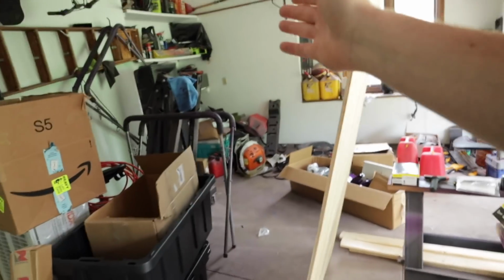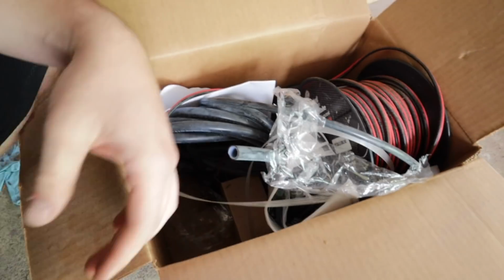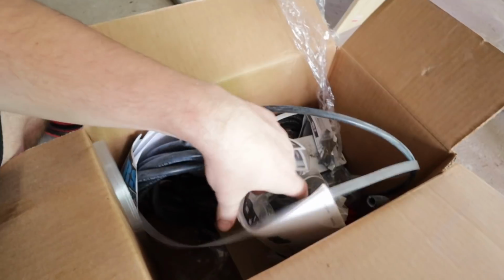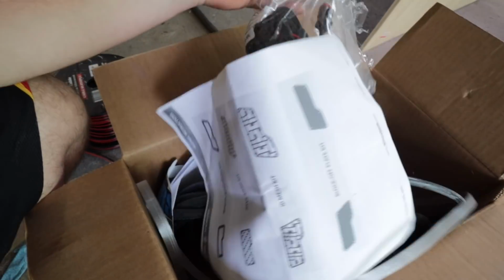In the back of the garage over there, I had this little box of the rest of the Horn Blasters kit, and obviously my Luma wire. This is the rest of the Horn Blasters kit. Oh my gosh, is this a...